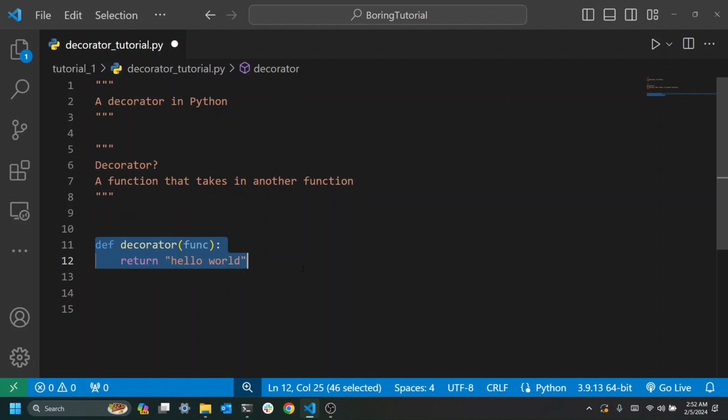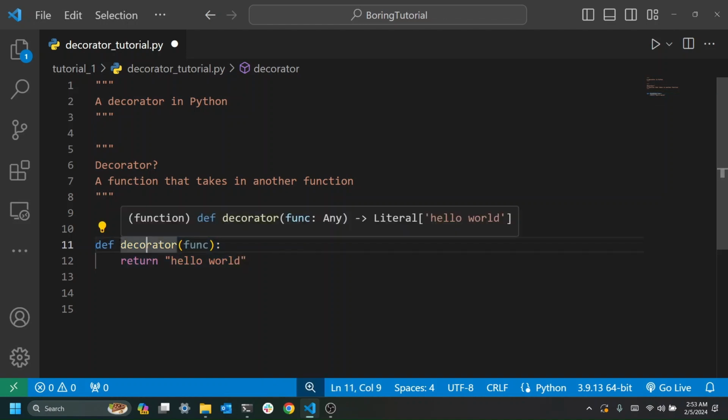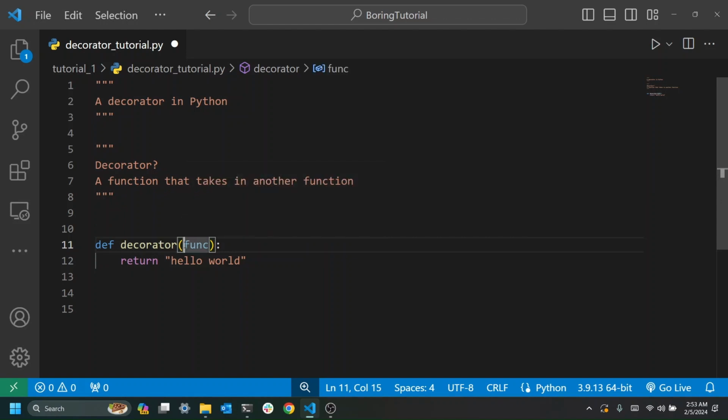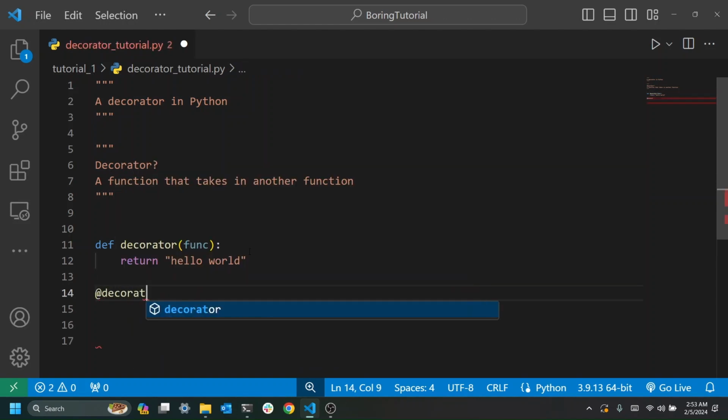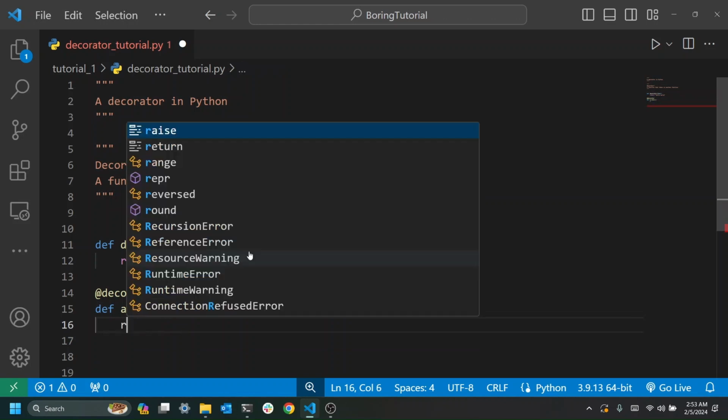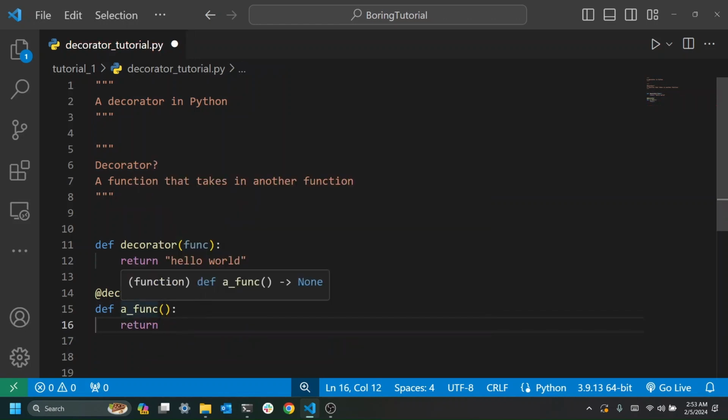Can this be used as a decorator? Of course. Even though it doesn't solve any problem, as long as it is a function that takes in another function, then it is a decorator. So how are we going to use this one? I can just straight away call it @decorator and then define our function. The function can be anything. I'm not expecting any argument for now. Then I can just write "from a func",